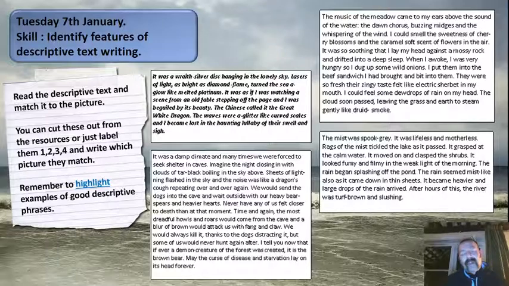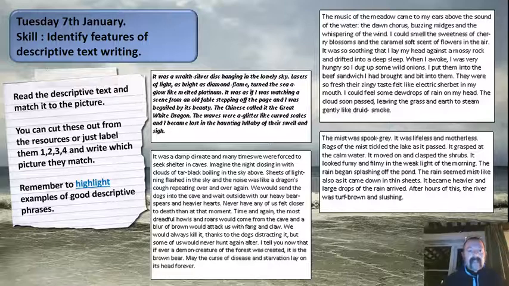I also want you to have a look carefully at some of the phrases and the vocabulary, and you can highlight things that interest you. You might want to highlight words that you're unsure of, and then look those up in a dictionary or ask an adult or have a discussion about those. Okay, now I'm not going to read through all of these because that's going to be your job, but I'll just give you an example, like part of the first opening sentences.